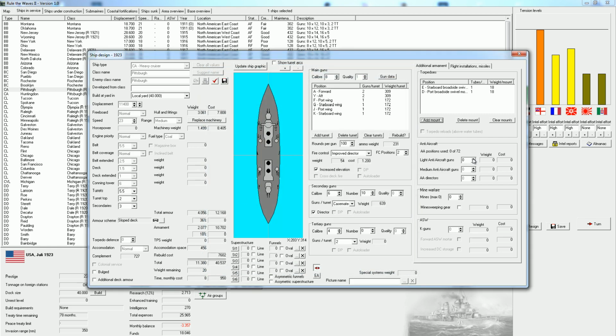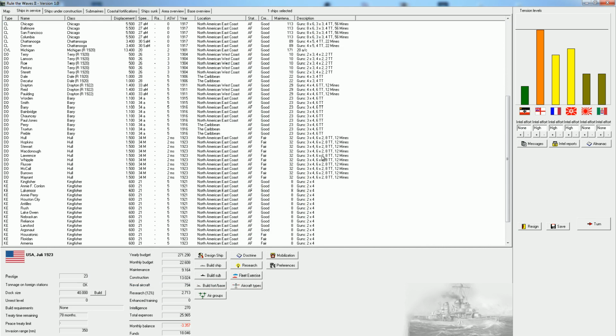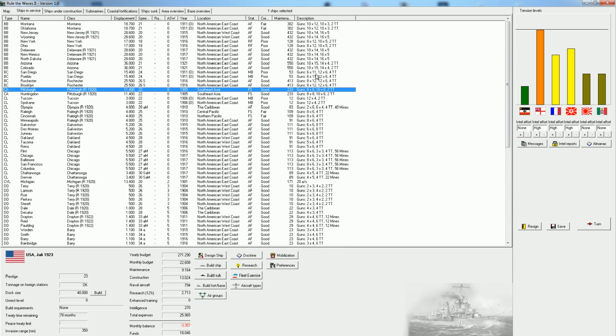That would be pretty decent actually. Could give you some AA as well. I don't think any other of our guns does have 8-inch armor. 8-inch guns. No, I don't think so, so...